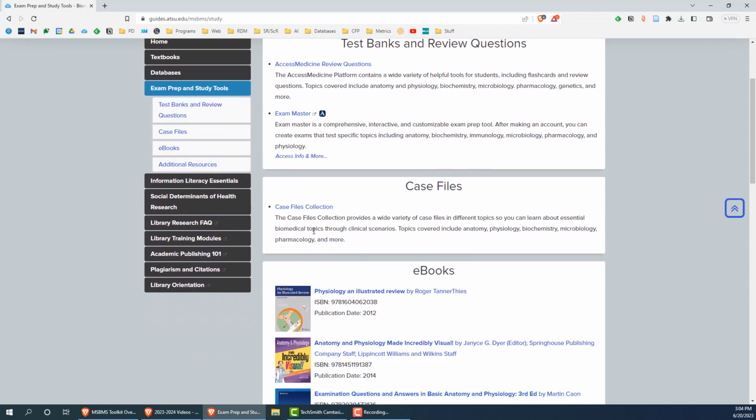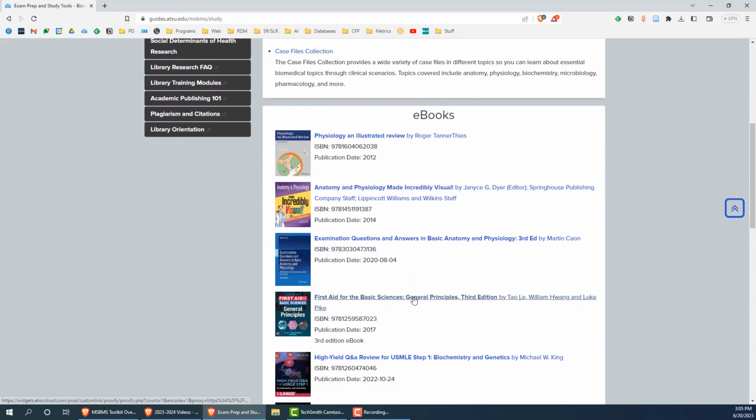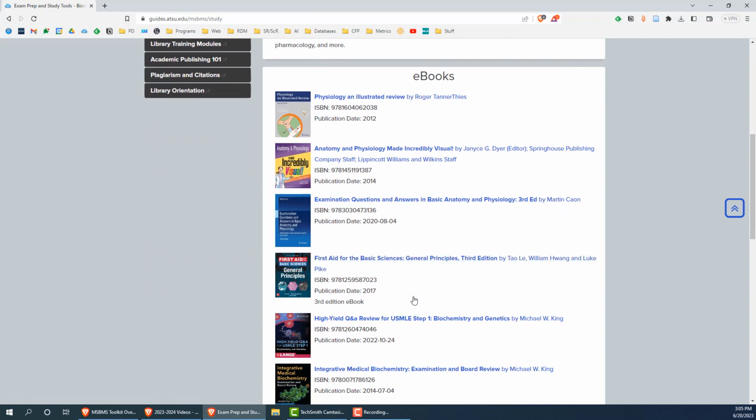Below that, we have our Case Files collection, a study tool that helps you study topics through real-world scenarios called cases. This can be a great way to reinforce the real-world implications of your learning and prepare for a more clinical program. The ebook section has links to a variety of ebooks to help you study, including review texts, practice